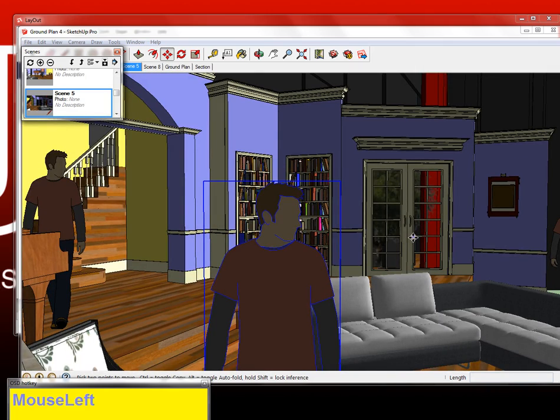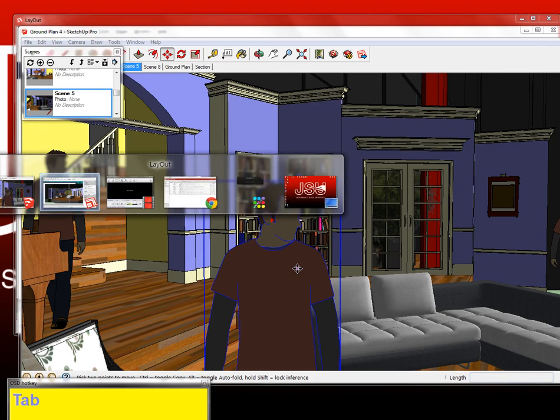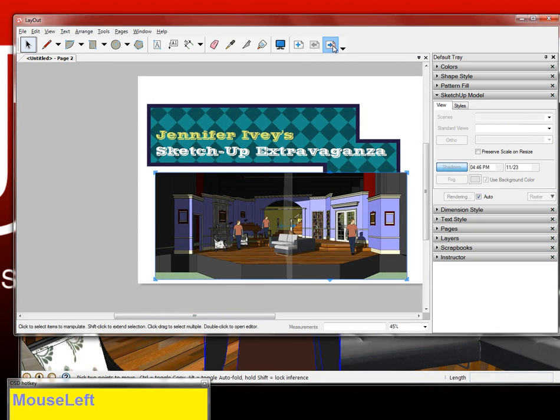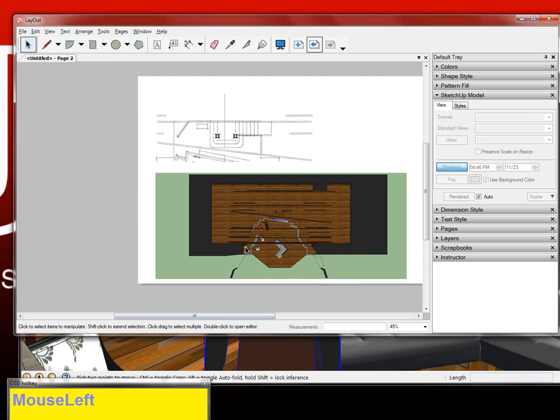So let's say that in this scene, I'm going to go ahead and change something. If I change it and save it, it would change on this viewport, but not our next one, because the next one's based on a different scene. As we turn the page,